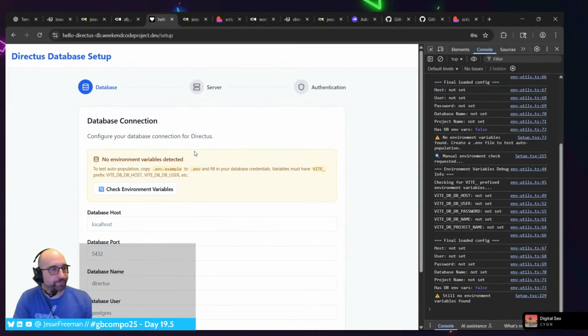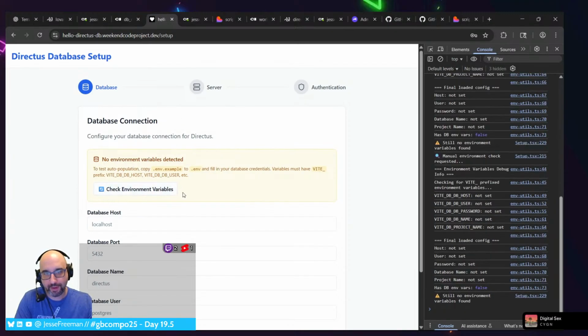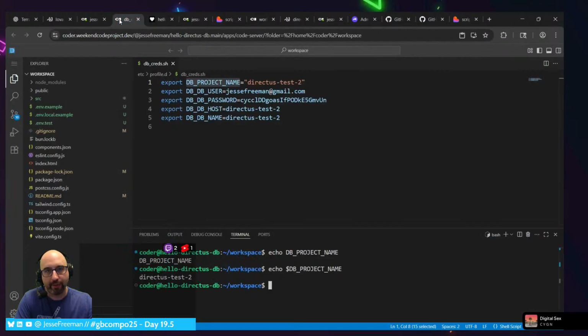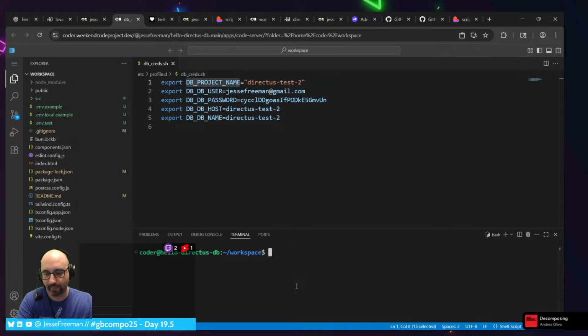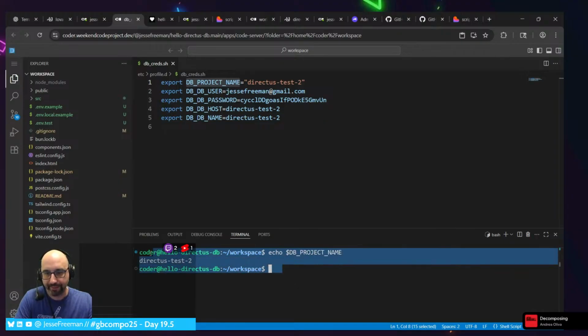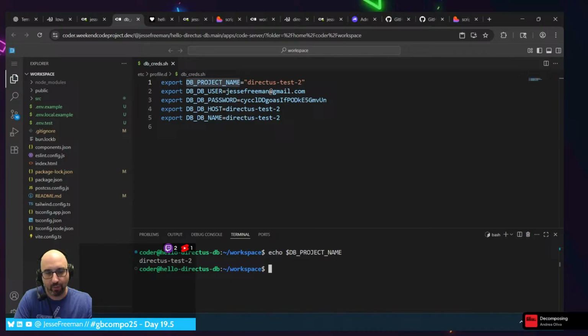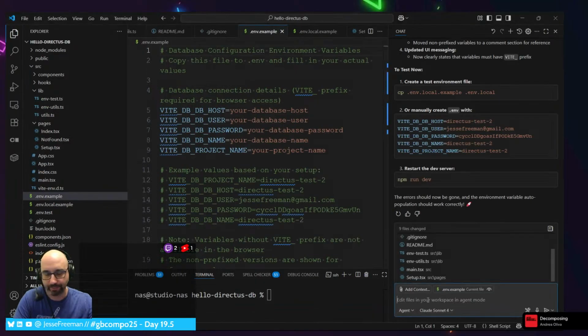All right, so it has generated out this thing telling us to check the environmental variables. It says no environmental variables have been found. Let's clear this. All right, so what I'm going to do is I now need to wire up. Okay.